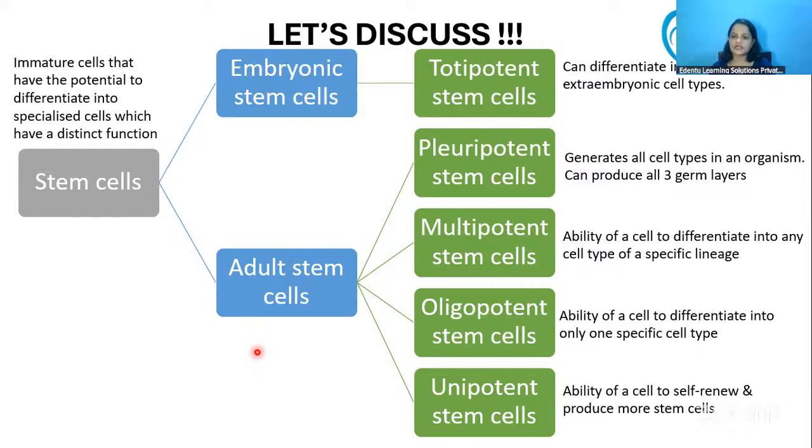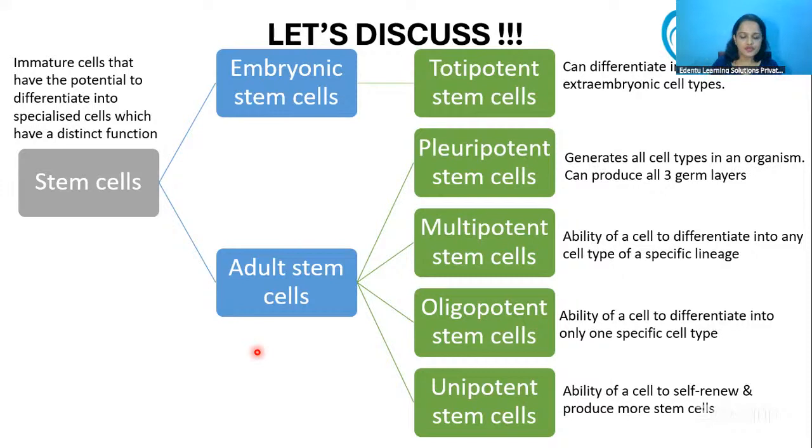Totipotent stem cells can differentiate into both embryonic and extra-embryonic cell types. Almost all the cells of our human body are produced from these totipotent stem cells. They can produce embryonic tissues and non-embryonic tissues also. Then, coming to adult stem cells, there are the pluripotent stem cells, the multipotent stem cells, the oligopotent stem